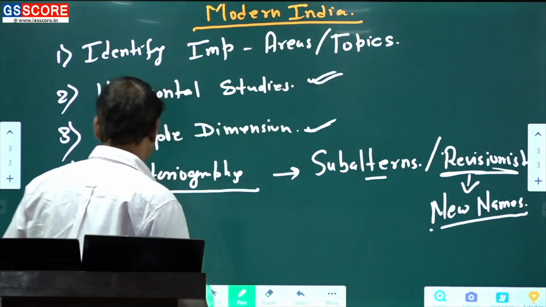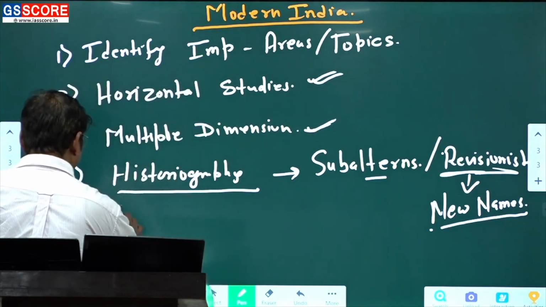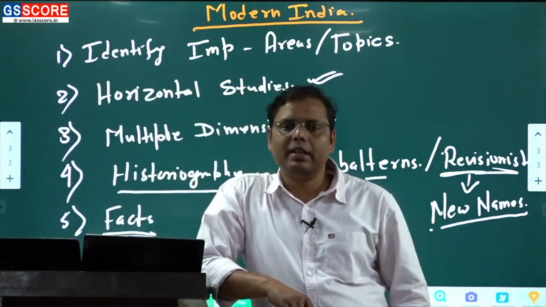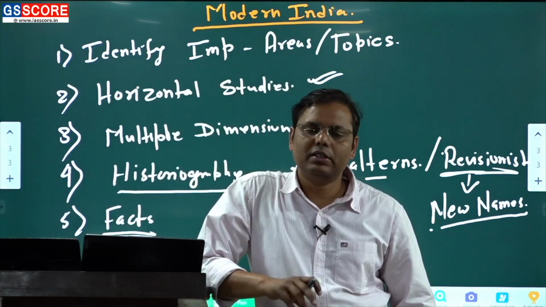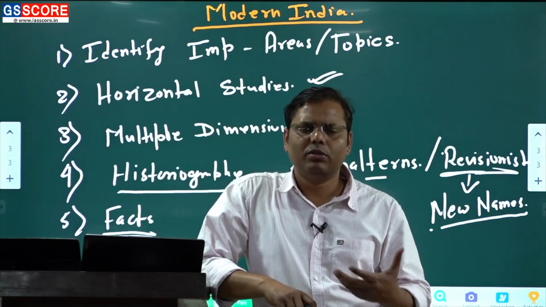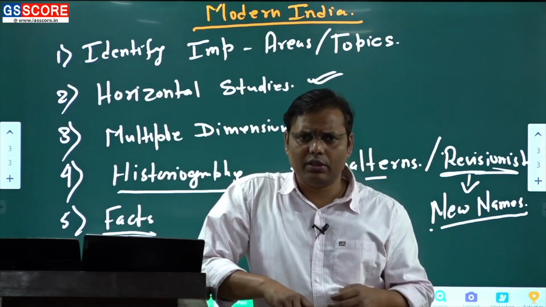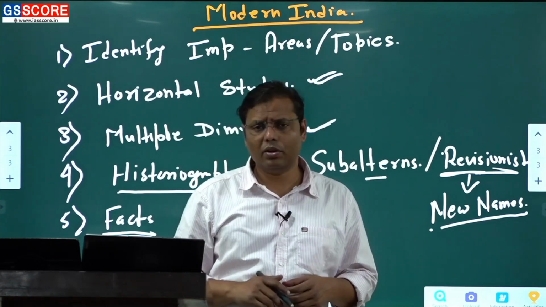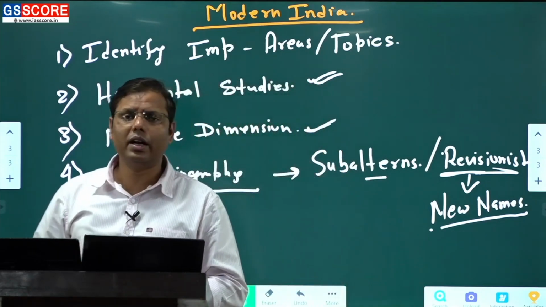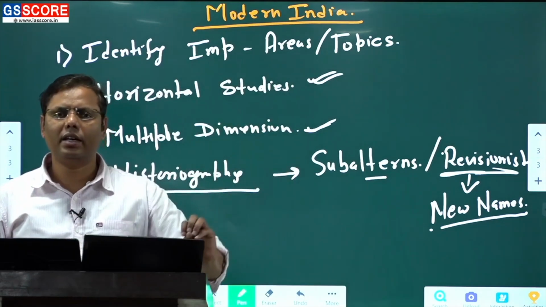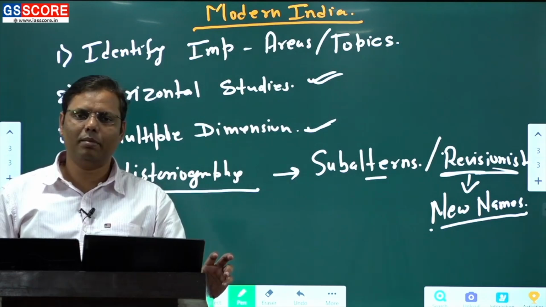In the last suggestion, keep yourself factually sound, because when you write answers in the modern part without referring to certain facts, you won't be able to prove or justify your points. Keep the facts very sound, such as years. You may ask whether you should remember those years or not. Of course, you should keep certain important years in your mind so that you can produce them in your answers. This is how you are going to cover modern India, and if you cover it this way, it's easy to score in the modern India part.